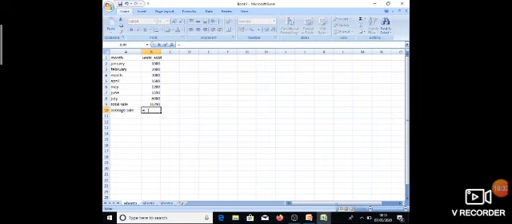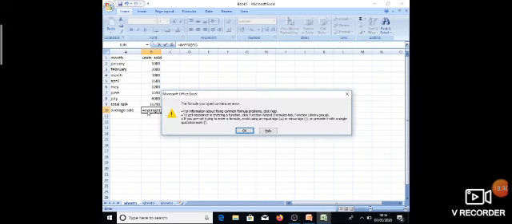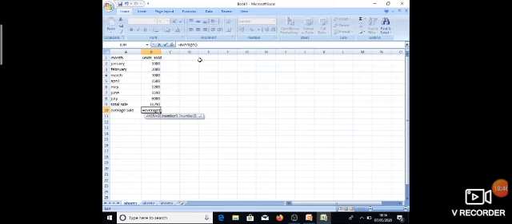Same as here, equal to, and write the average function. Okay, and provide the cell range. Cell range is B2 colon B8. Okay, then press enter. It's your average sale.